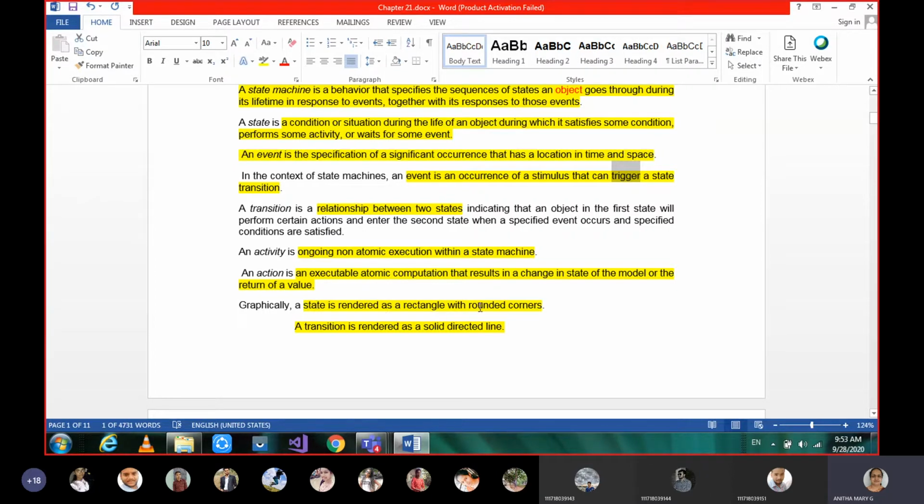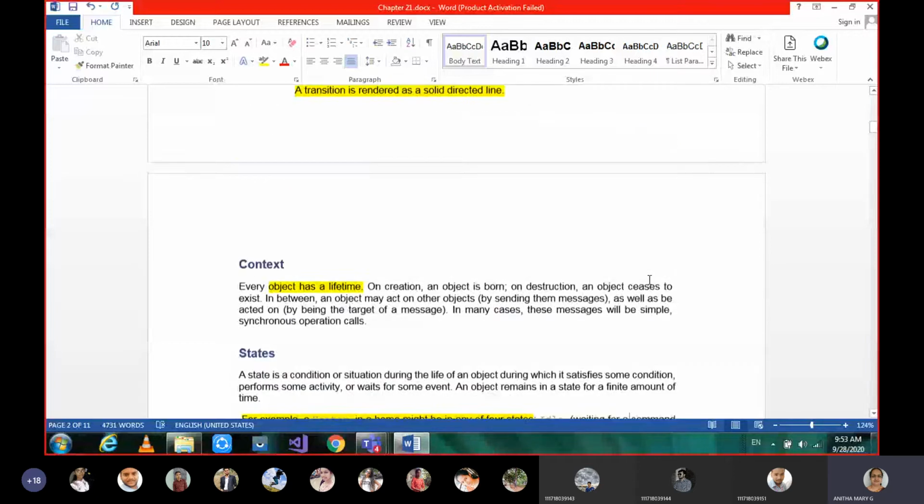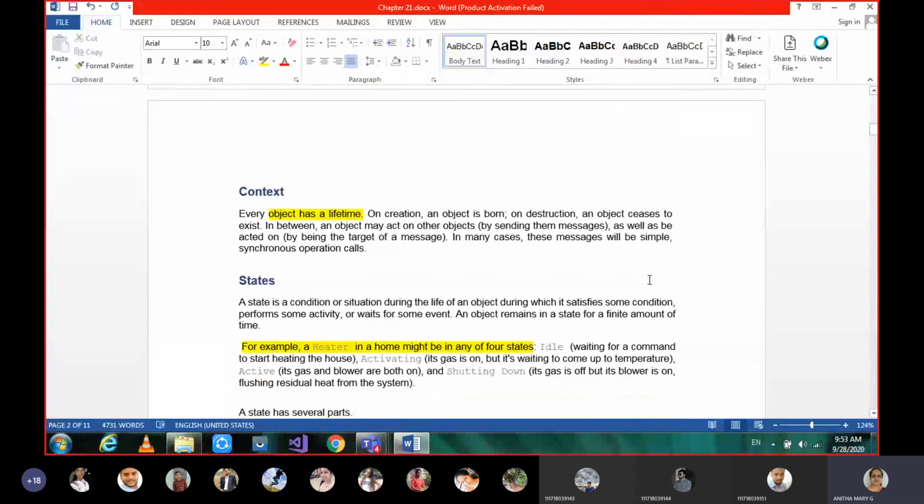So a state is rendered as a rectangle with rounded corners, that is one. And a transition is nothing but a connection from one state to another, rendered as a solid directed line. Okay, so these are the things we use graphically for state machines. So moving on to the first one under terminology, that is about context.